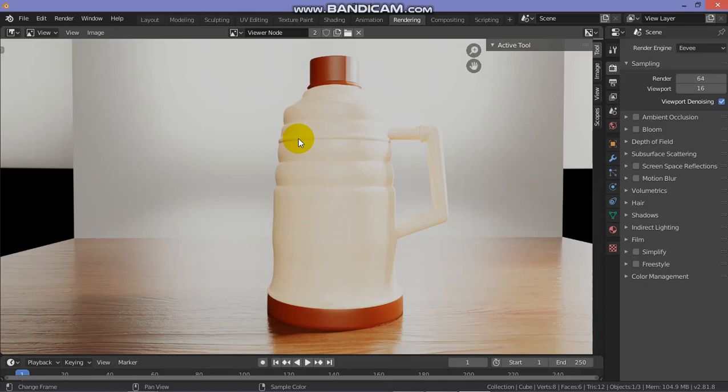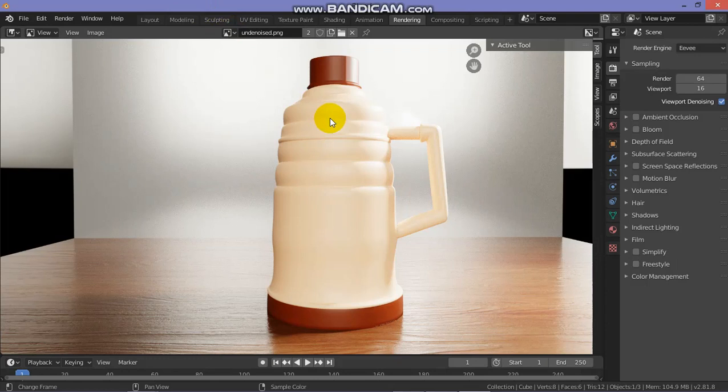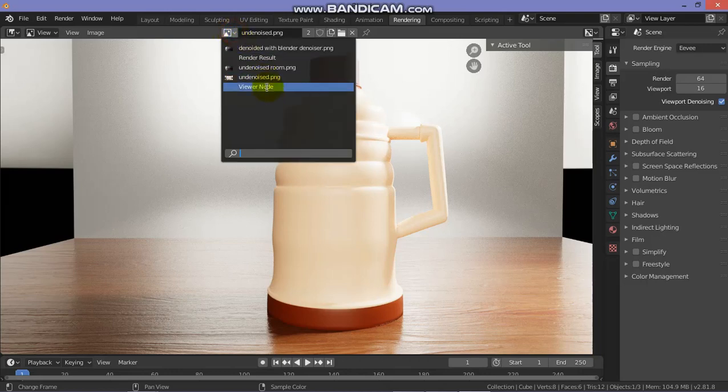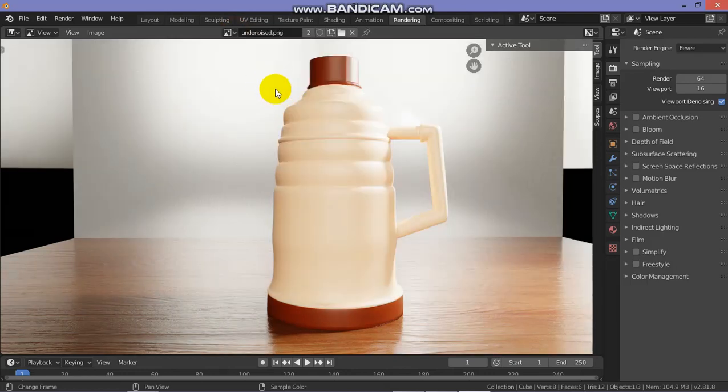Or when you are using an HDR, you need to brighten up that scene much more than this, so the reflectivity will be much higher than this one. And so when you denoise it, it will not look like this, but it will still look almost the same. But if you're using a traditional lamp, which is an area lamp, sun lamp, any lamp, I think it will still have the same resolution, the same quality, because